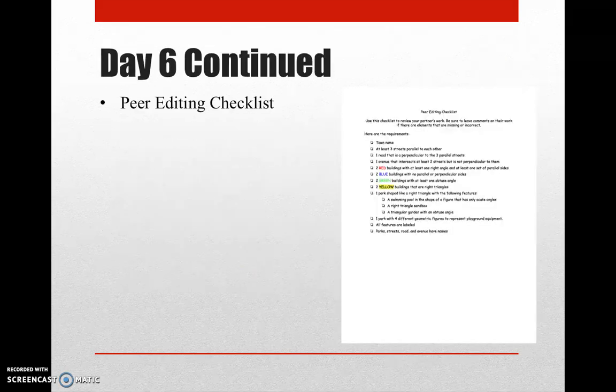Here's the checklist that students will be able to use. Essentially, it's just the criteria that were given to them on their initial task page, but separated out so that a peer can look at this and say, yes, they have a town name. Yes, they have one road that's perpendicular to 3 parallel streets. So they can break this down and help their partner be able to correct anything that needs to